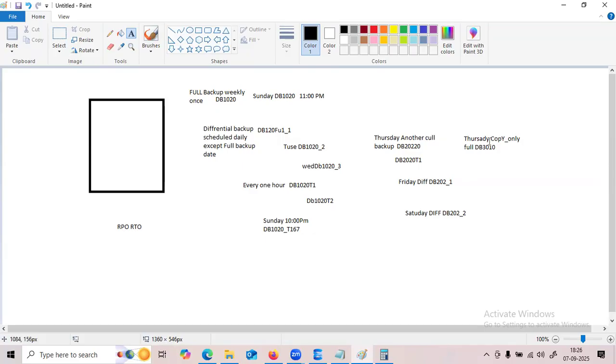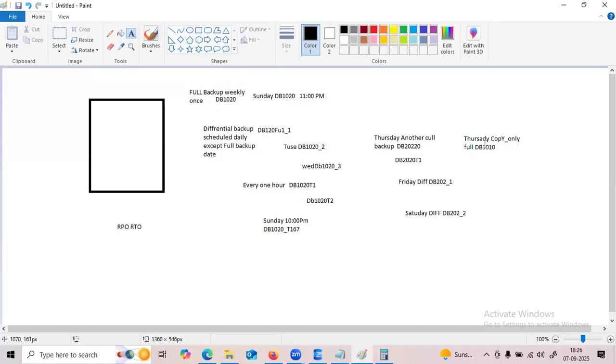The copy only backup is a special kind of backup. A full backup is performing like this: it takes an exact copy of the database. It takes the data files we have, the log files we have, and the file locations we have, which user took it, which location it was taken to, at what time it was taken, and how long it took to complete.